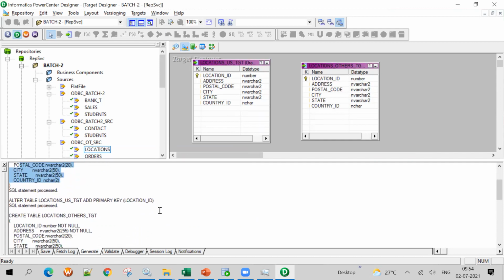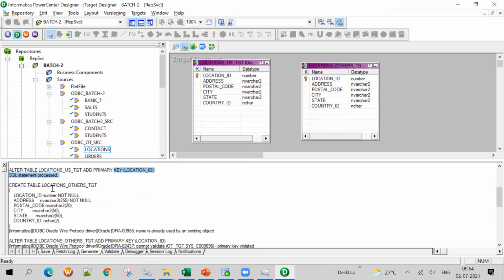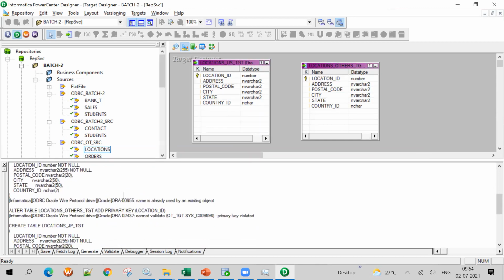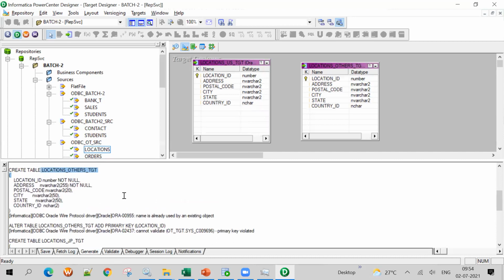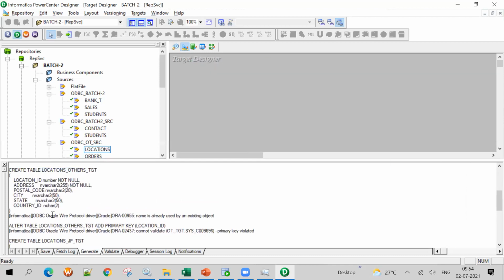Next, alter table adds the primary key, then locations others TGT. The name already exists, it seems. So one table did not complete.